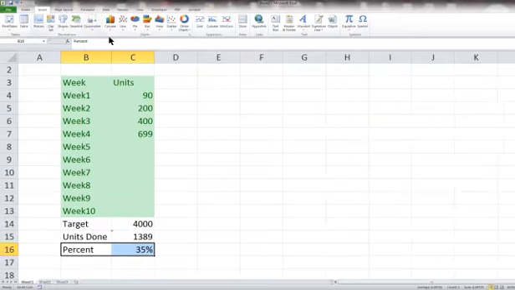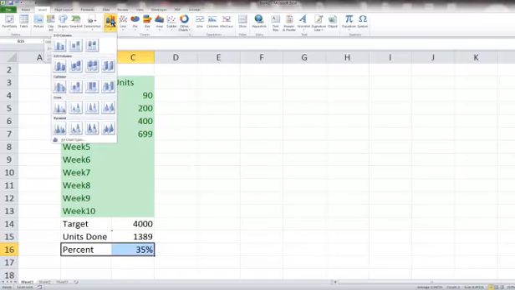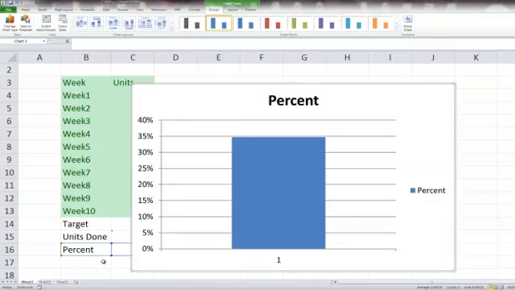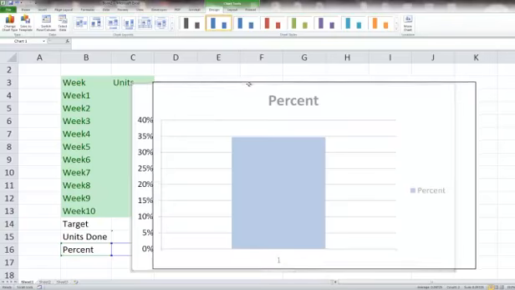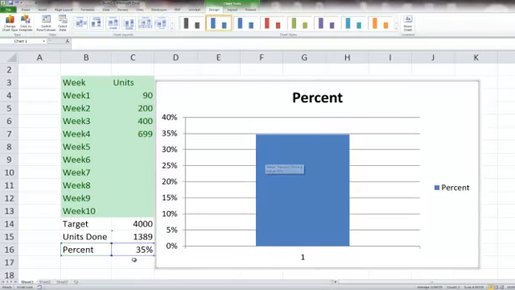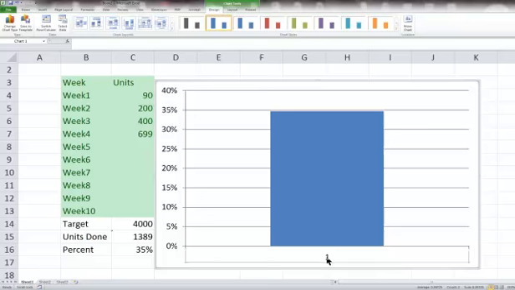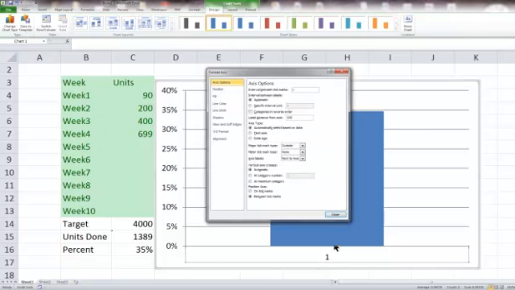and we're going to look for the column, and really need to be careful to which type of column we need to choose. I'm going to choose this one here, the stacked. Okay, and now since I selected that, the data is going to give me basically the 35% and the word percentage. I'm going to take that out anyway. I don't need it, I don't need that either, and I don't need the one also, because I'm going to go ahead and